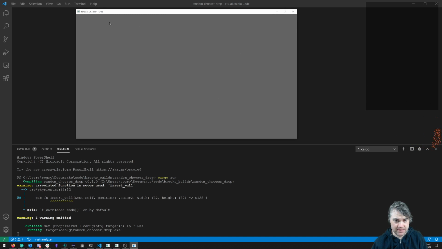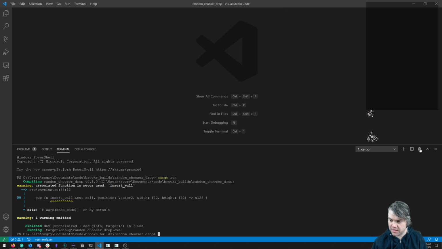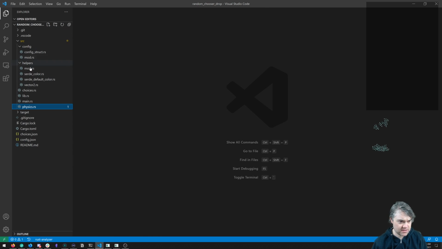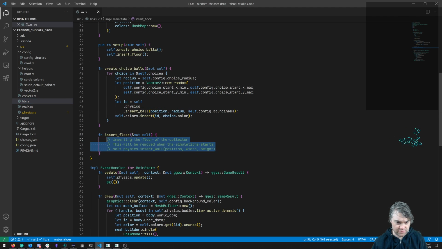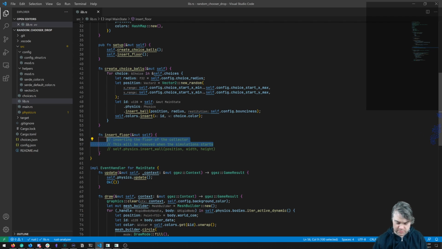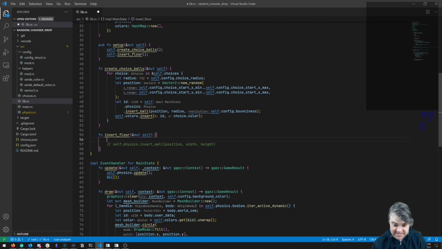And I might want to eventually make this full screen, and that might help us so that it looks a little bit better and we can handle more things on the screen at the same time. We'll have to see. So what that means to us is in here in the library, we want to do this insert floor function. So we're going to be running this code, the self.physics insert wall. You have to give it a position of the wall, and then the width and the height of that wall. To me, that lets me know we need